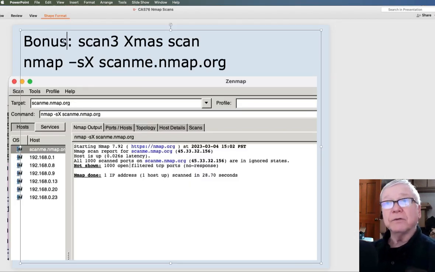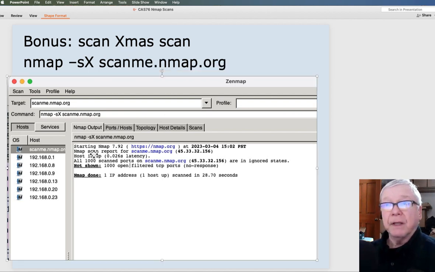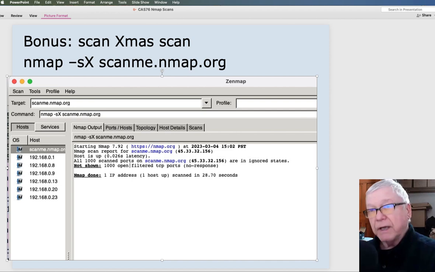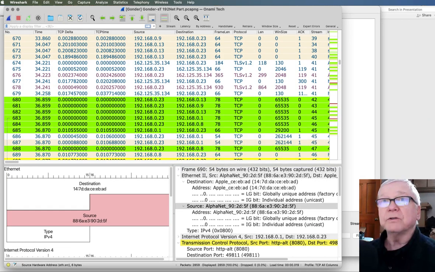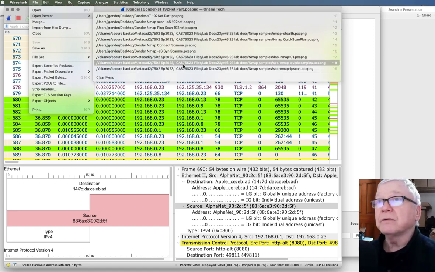Well, let's go ahead and do a bonus. A bonus that I've done already is to scan using a Christmas scan, or Xmas scan, nmap -sX, and I scanned nmap.org, the ScanMe device, and this is what it looked like when we got done. Let's go take a look at that inside Wireshark. Let's see, I should have the open recent.